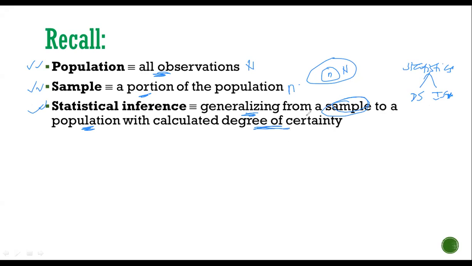If you ask me, ma'am, what is degree of certainty? It means, statistically, this is your level of confidence. Level of confidence was actually introduced in your previous module, right? Level of confidence is how confident, how certain you are that your study is actually correct. And usually, the rate is 95%, if you can recall this.